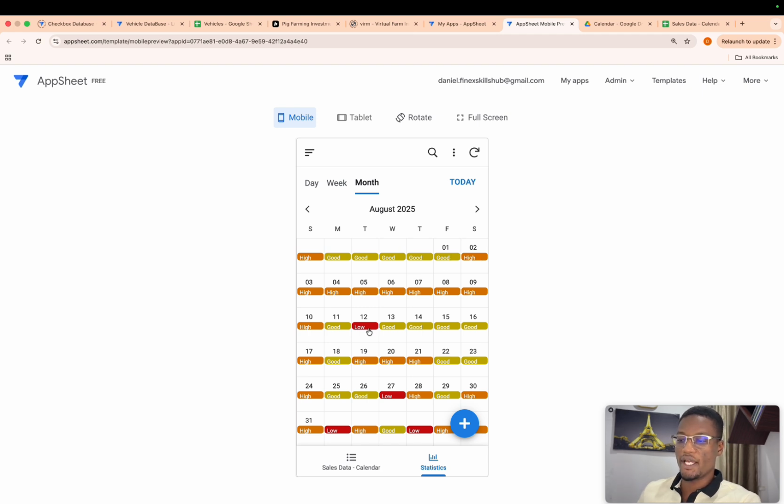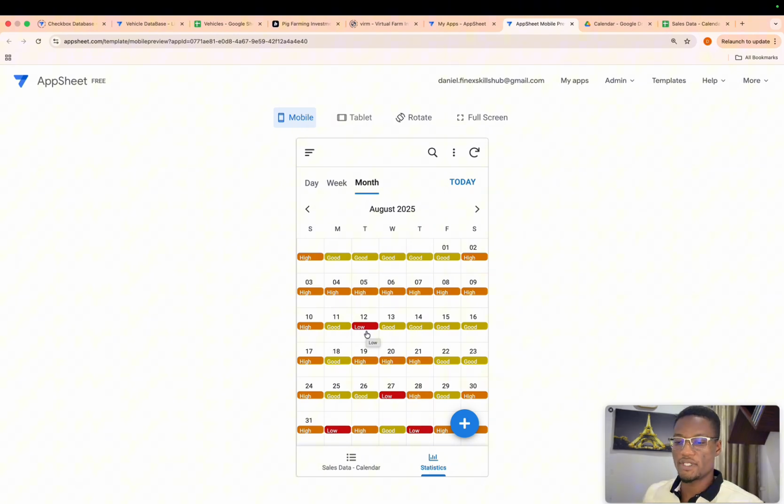That's high, good, and low. Now, low is red, which is okay. Good is yellow, but then I wish high was green, right? These are sales that are being made by sales outlets, and each day we are classifying the sales based on a certain threshold. Those that are above 50,000 are high, those that are above 25,000 but lower than 50,000 are good, and those that are lower than 25,000 are low. I want to be able to specify what each category's color will be.